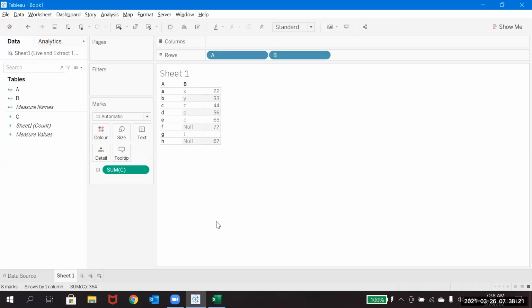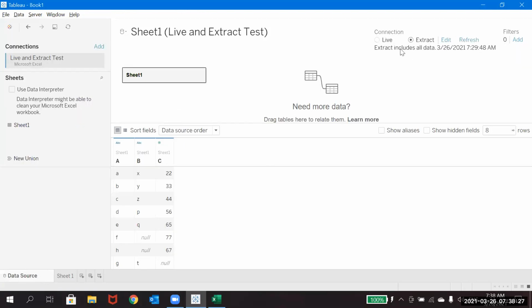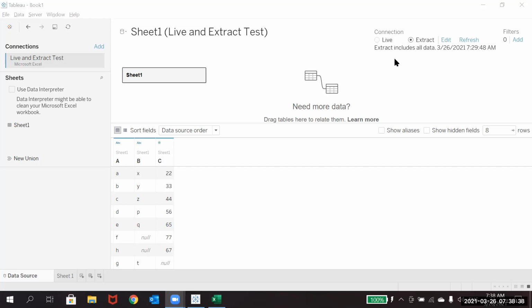Okay, now this is about the live and extract connection. A little explanation on live and extract: what live basically is, and in what kind of cases you'll normally go with the live connection or the extract connection. You may have these doubts, right? I just gave some random examples for when you might use the extract connection, and the incremental refresh, as I just told you.